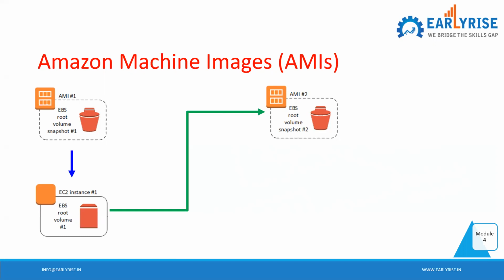Snapshot, I told you, is a backup of your EBS volume, right? From the backup, you can restore the volume. It doesn't have the configuration about your what? How you are not sure, you have not seen AMI earlier. Have you seen AMI before this? No. You have done it two times.